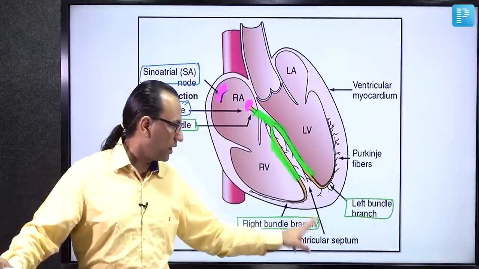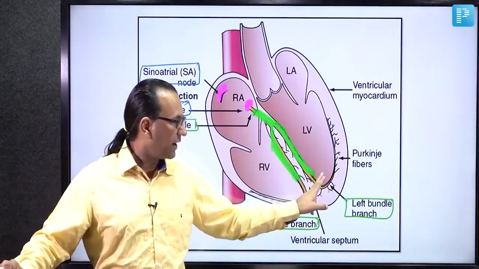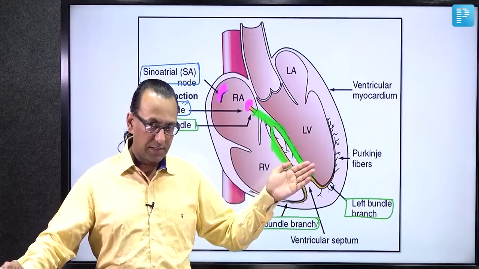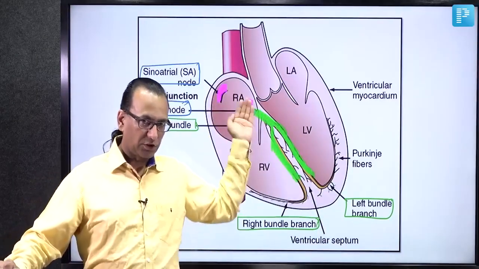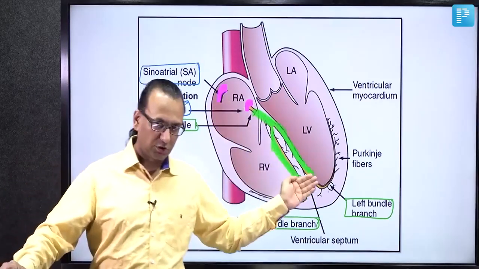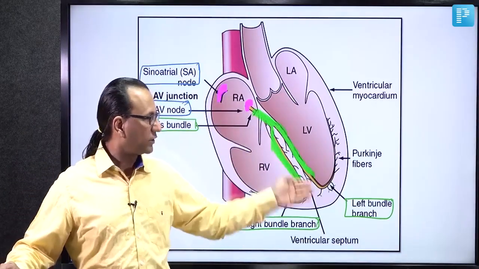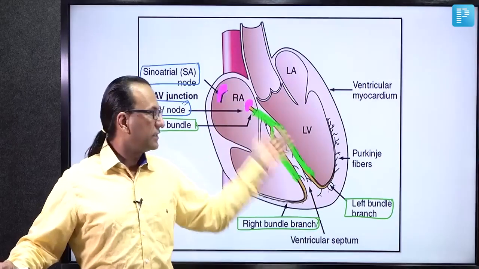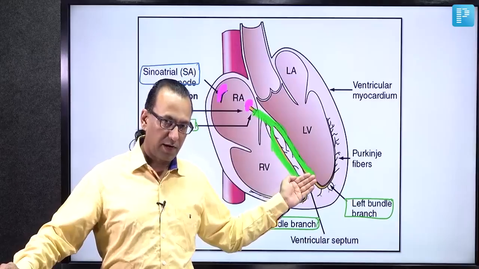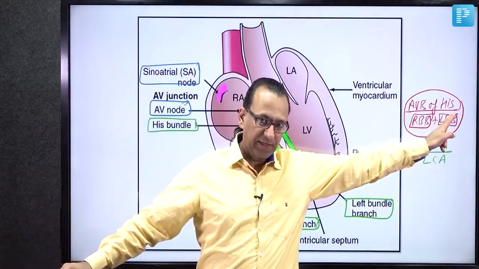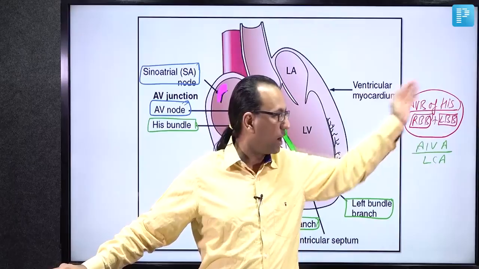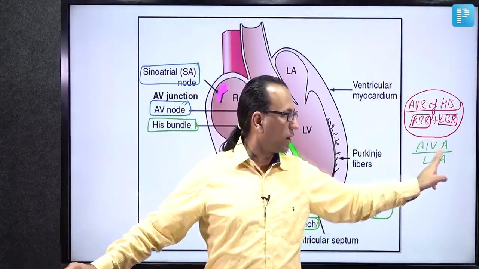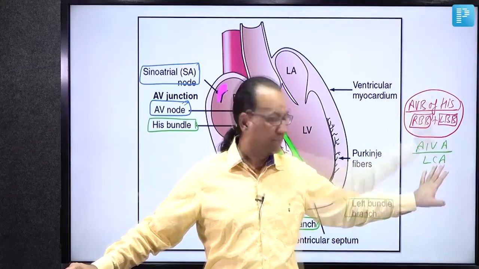There is the right bundle branch here and the left bundle branch here running on the interventricular septum, but more anteriorly, since the distal part of conduction system, which is the AV bundle of His and the bundle branches, run more anteriorly on the interventricular septum. They'll be supplied by AIVA, branch of the LCA, which is anterior interventricular artery, branch of the left coronary artery. Now, if the AV bundle of His and the right and left bundle branches are running more anteriorly on the interventricular septum and are under the anterior interventricular artery, branch of the left coronary artery, understand